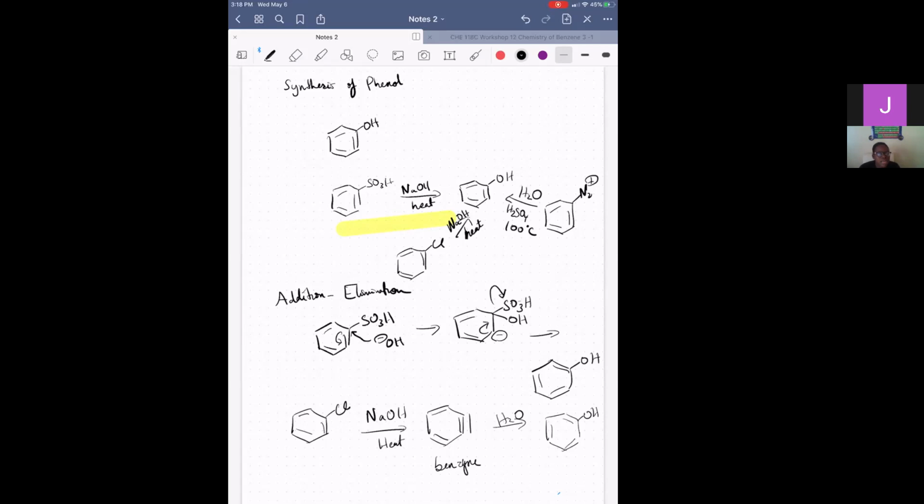So this is another elimination-addition mechanism, but now, after we generate our benzyne intermediate, our water acts as our nucleophile to generate our phenol. Then with deprotonation of our water, we'll reprotonate our carbon there. Cool. And then lastly, another way that we can generate our phenol is through the hydrolysis